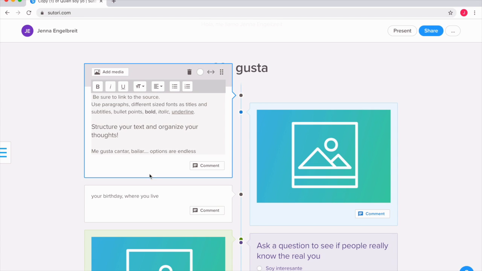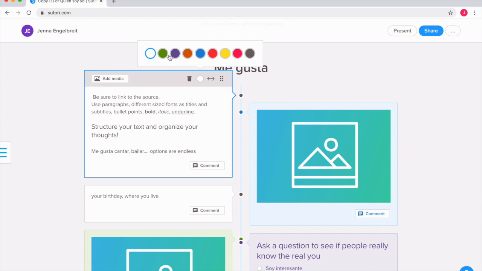Okay, so this first one should talk about what you like. I give you some examples right here down the bottom. You can create interest by making things have a little bit more style to them. Right here, this little button, you can actually change the color of the box. So you can make it green, purple, or we could do